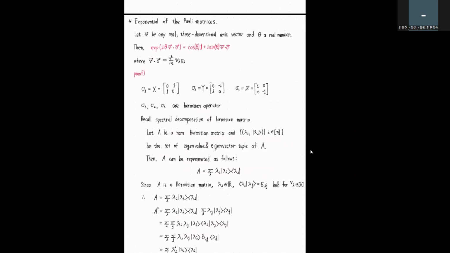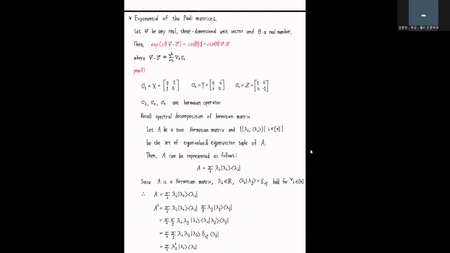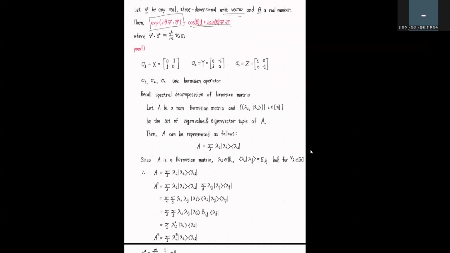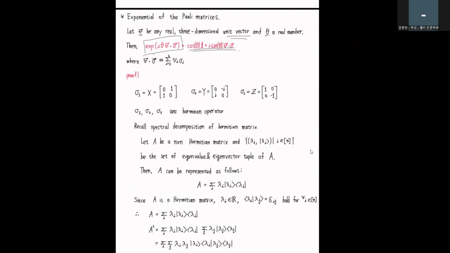So we go down here. Let's say we have this vector, a three-dimensional unit vector, which represents our rotation vector, and theta, the rotation angle, which is a real number. Then if we have this exponential, we get this result over here, which is our rotation. So how do we prove this? Well, notice that